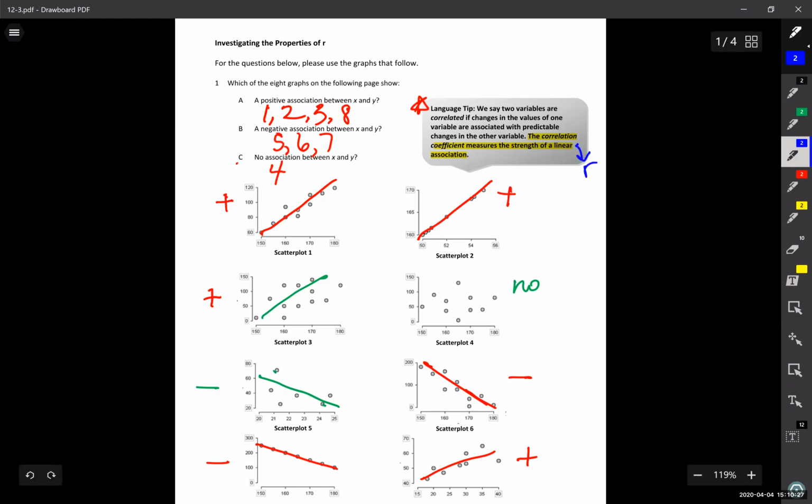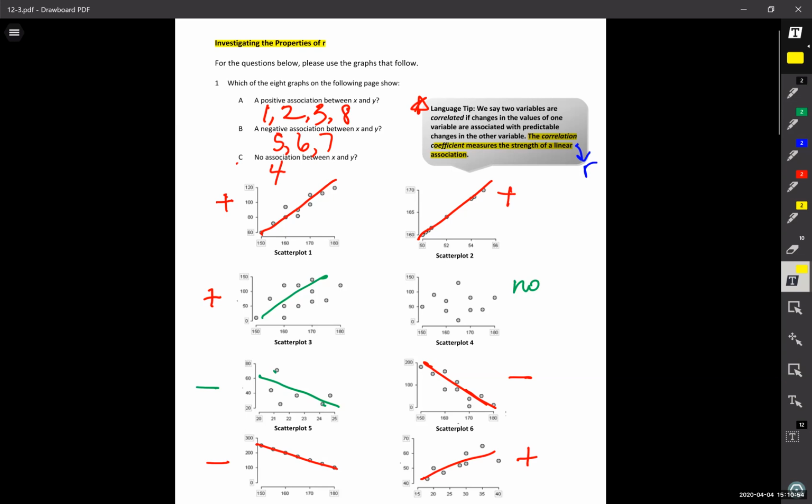What we're talking about today is R. In fact, look at the heading that we can see at the top, investigating the properties of R. So the correlation coefficient is R, and that is the topic of today. So far, in terms of actually doing number 1, all we've done is review. But now we're gonna get ready for number 2, and this one will be starting to talk about the relationship